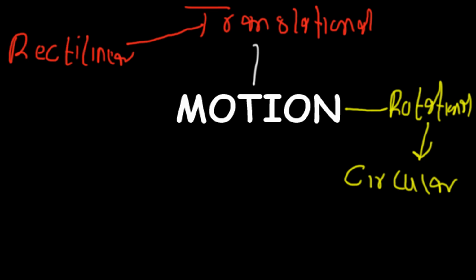Why? For circular motion, it will not be fixed. It will only be moving around a fixed point. Simple. Now, I want you guys to know that a body can be performing two or more types of motion